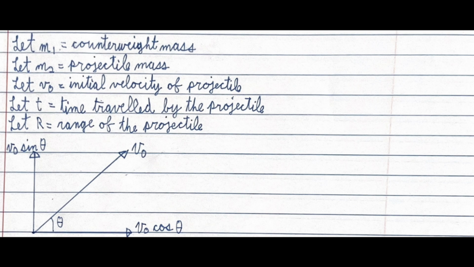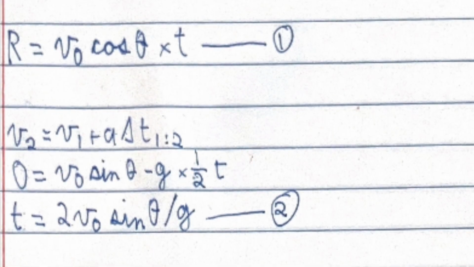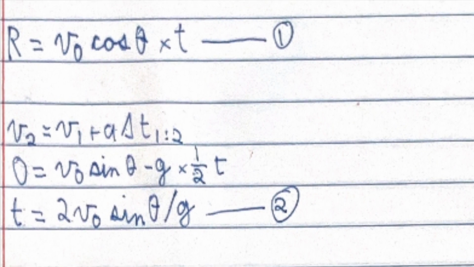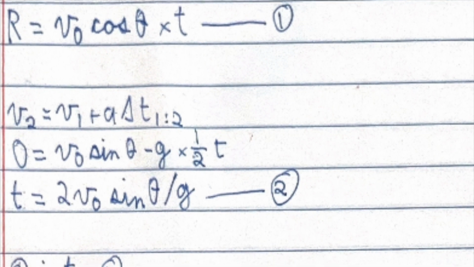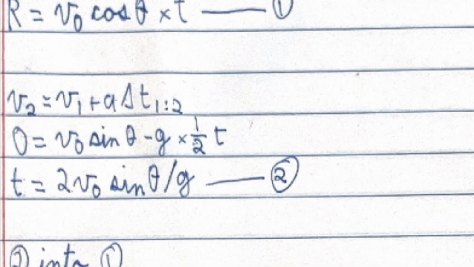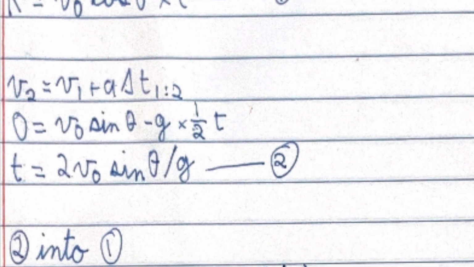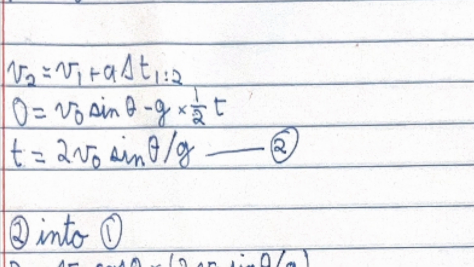This diagram represents the velocity vector of the projectile as it's being launched from the catapult, with theta representing the angle that the vector makes with the ground. The vector itself can be easily calculated by being broken up into v naught cosine theta for its horizontal travel, and v naught sine theta for its vertical travel. I will try to calculate the maximum range of the catapult using v naught and equations relating to the conservation of energy. Firstly, we can find the horizontal range by using v naught cosine theta times t. That's our first equation. The next step of the process is calculating the vertical range, using one of the big